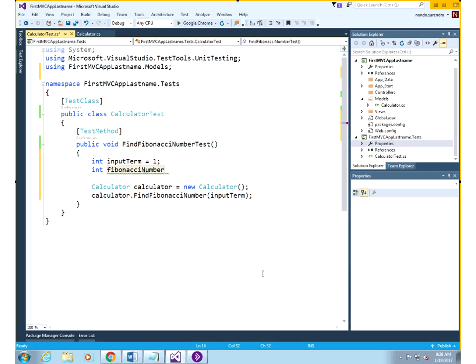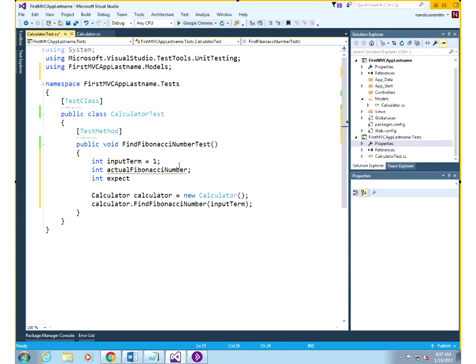One is going to be the expected value, and I'm going to test it against the actual value. So I'm going to have two forms of the Fibonacci number. One I'm going to call the actual Fibonacci number or the resulting Fibonacci number, and then the other I'm going to call the expected